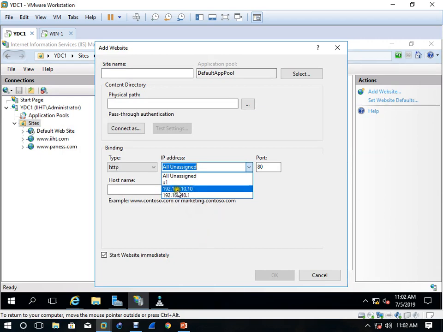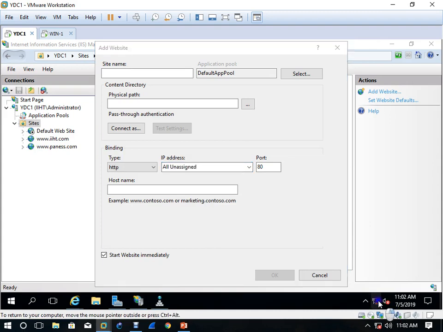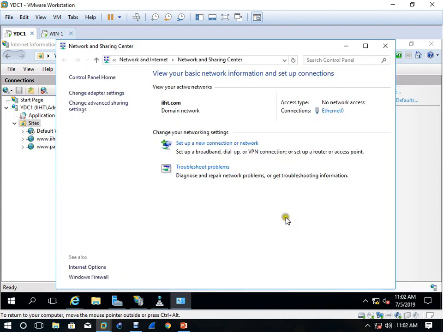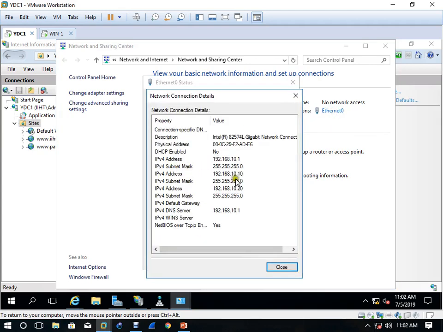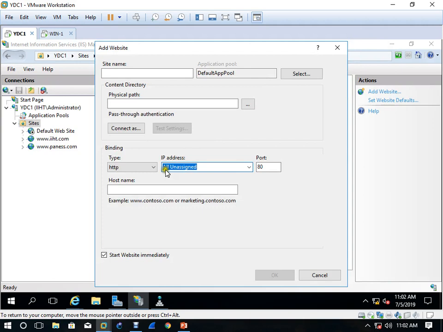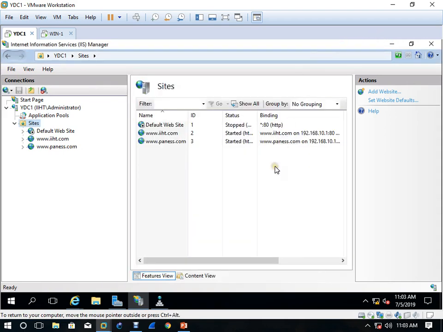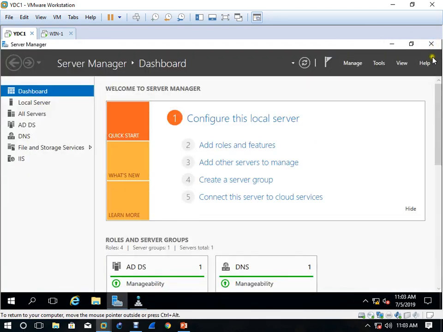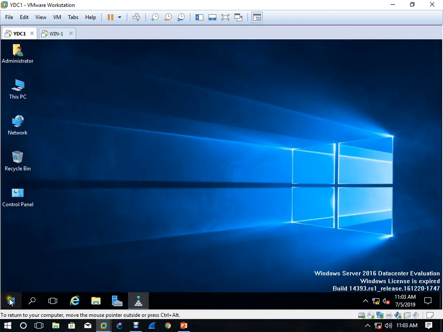Okay. 192, 168, it must come here. Or if it is not coming, you restart or do something. 192.10.10.20. See, IP address is updated here, but I don't know why it's not accepting it. No, you can add multiple. It's not that you only add this one. Okay, but you have seen how to deploy it, right? If it will come. Okay, or let's restart. Let's see if after restarting it can update it.